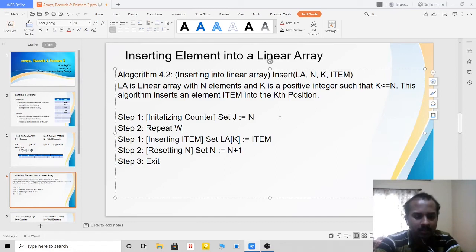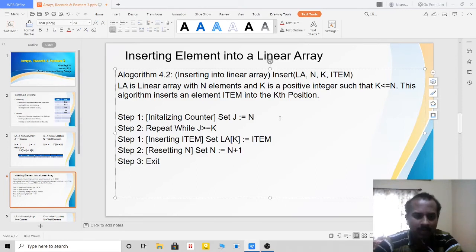Repeat while j is greater than or equal to k. Till where I have to make the changes? Until j becomes lesser than k. Until that I have to make the changes, right? That means as soon as j becomes lesser than k, then I have to come out of the loop.